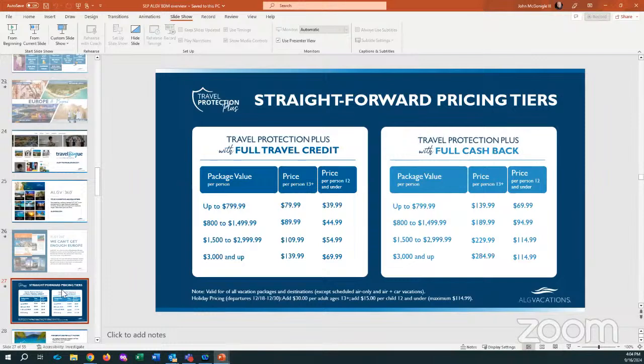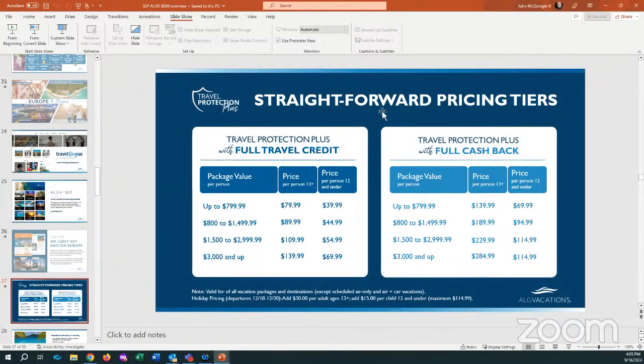Okay. Don't forget our Travel Protection Plus, travel insurance. The reason you sell travel insurance is actually to protect your customer's investment and to protect your time, because in both cases, we do offer a commission protection that if a customer has to cancel after final payment, you're going to make some money. You're not going to lose out completely because somebody canceled. Even for our full cashback program here, it's a higher premium, but it means that other than the premium they've spent to buy the policy, they're going to get all the money back onto their credit card. Even if we've already purchased the ticket on their behalf, you're going to get a commission protection for $100 on that.